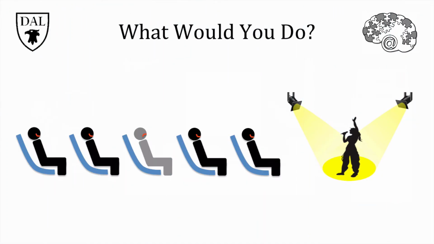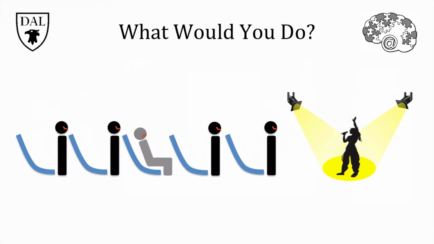Here's another situation. You're sitting in the audience at a concert you're not really enjoying all that much. You went along with your friends because they talked you into it, but you're really not digging it. Once the last song is done, the audience rises for a standing ovation. What do you do? Do you stay seated, or do you stand up and clap with everyone else?